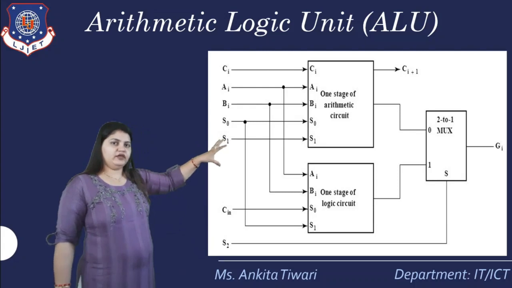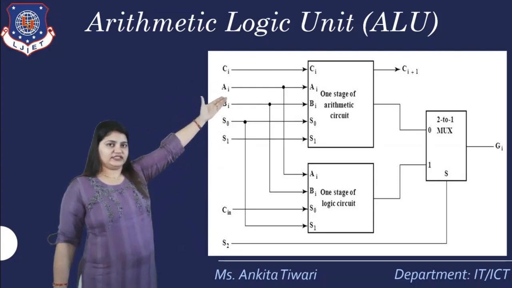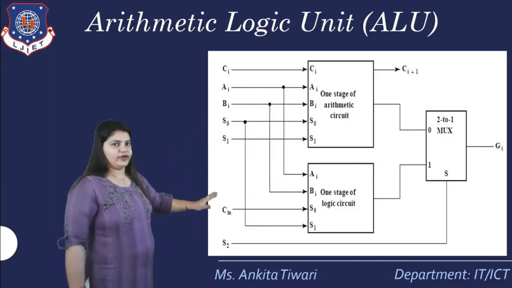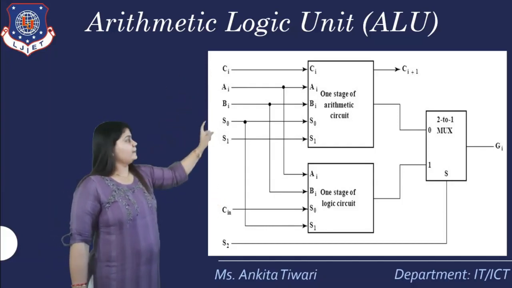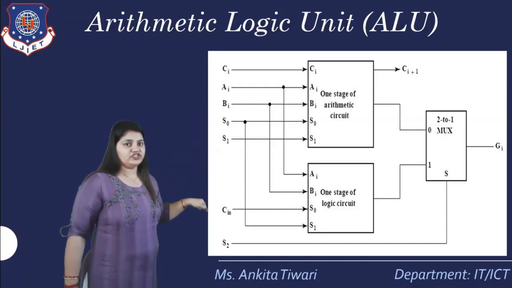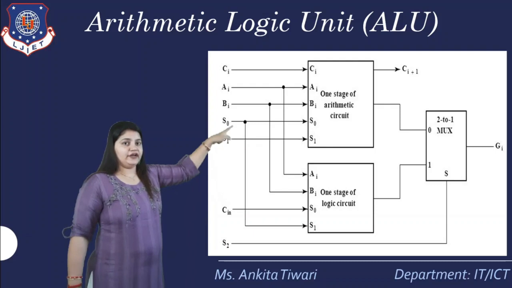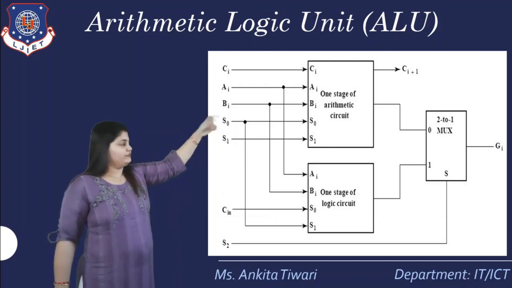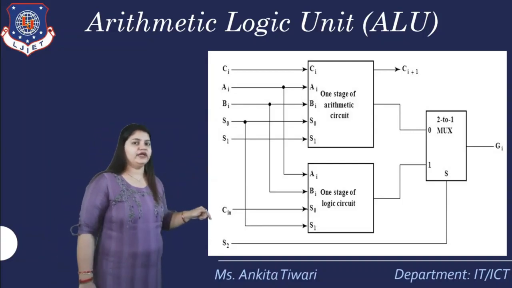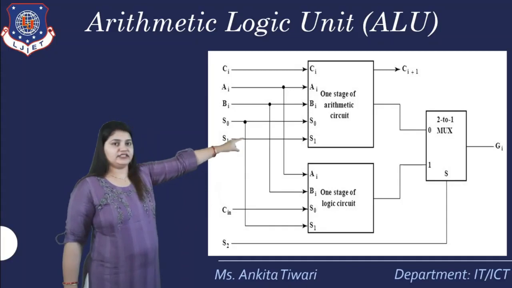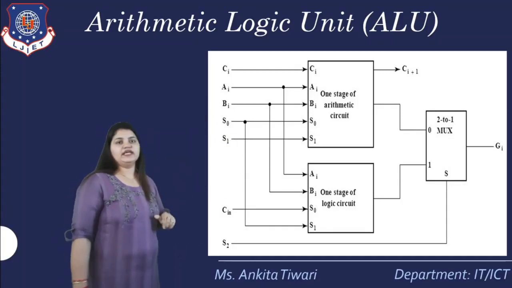Okay, now the same thing will give the output C of i plus 1, which in arithmetic is required, in logical it is not required. So it is taken as a separate bit. Okay, now one bit has been taken for the 2 cross 1 multiplexer, and the one stage of logic is next. Now from these two, the selection line will select for the third multiplexer, and that will be done by the S2 value. So S2 is given directly into the last multiplexer, and we get the output as G of i.